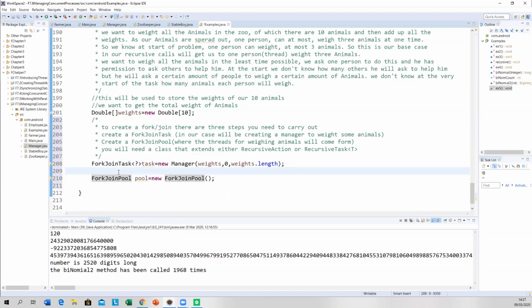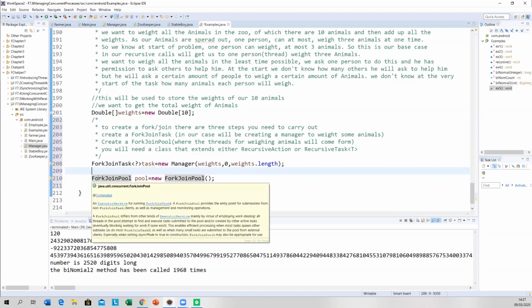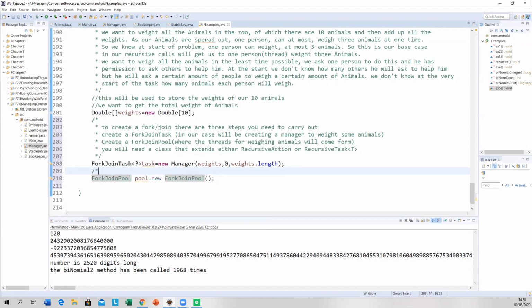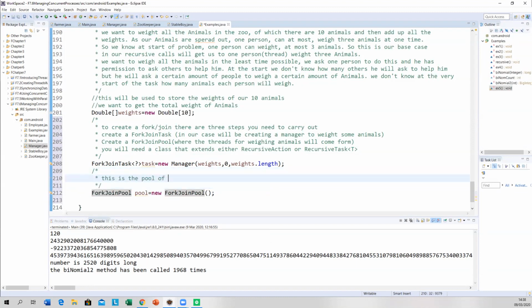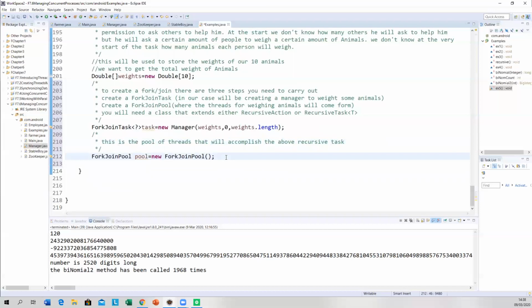So fork join pool is equal to new fork join pool. What is this? This is the pool of threads we're going to use, that will accomplish the above recursive task. Now, they're assigned automatically.